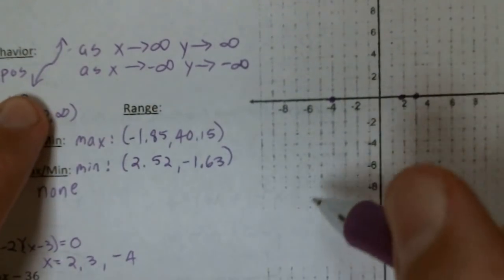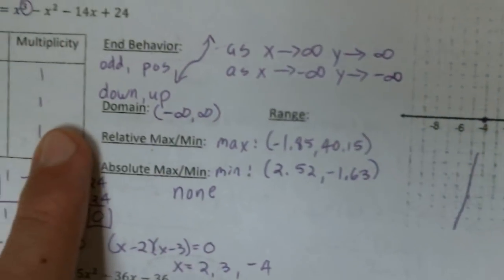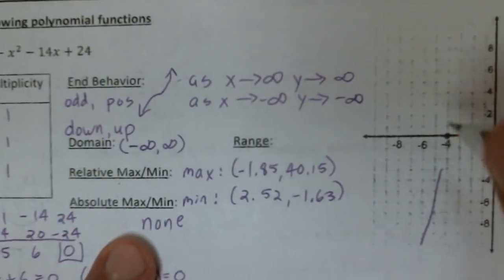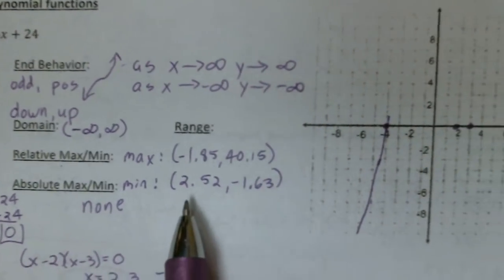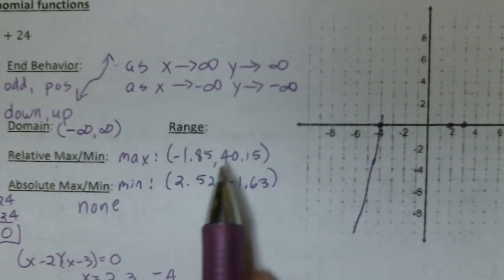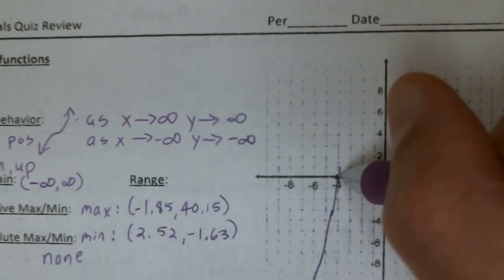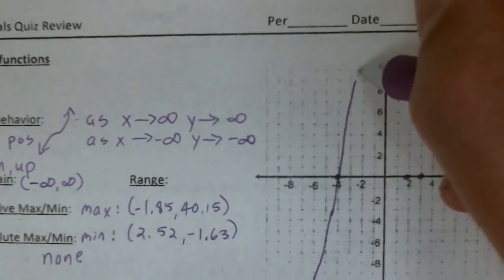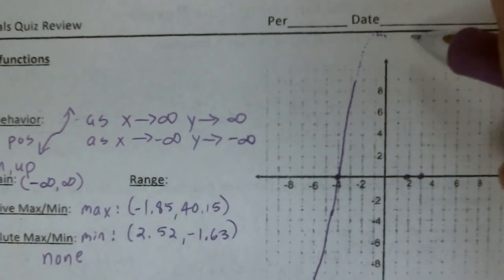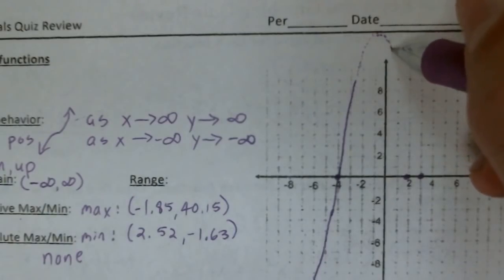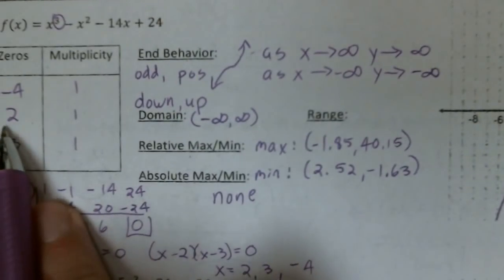I know it's going to be a snake. It's going to start down here. So my graph is going to come up here. All these multiplicities are 1, guys, so it's going straight through the x-intercept, straight through the x-axis. It's going to come up here, and then somewhere around almost negative 2, somewhere up here, my graph is going to go all the way up to 40. Whoa. So I'm just going to do some dotted lines up there. It's going to turn over there somewhere. It's going to make a relative max, and then it's going to come back down,